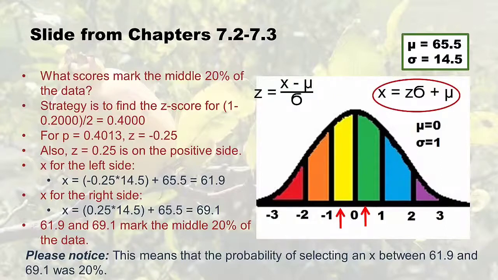Or I could say it this way. If I'm 20% confident that if I select an X from this distribution, it will be between 61.9 and 69.1. So if you've ever wondered how you can feel a certain percent confident, that's how you do it: you just say it that way. You take a middle section like this and look at the probability, and you say, I'm that percent confident that the X I select will be between these two cut